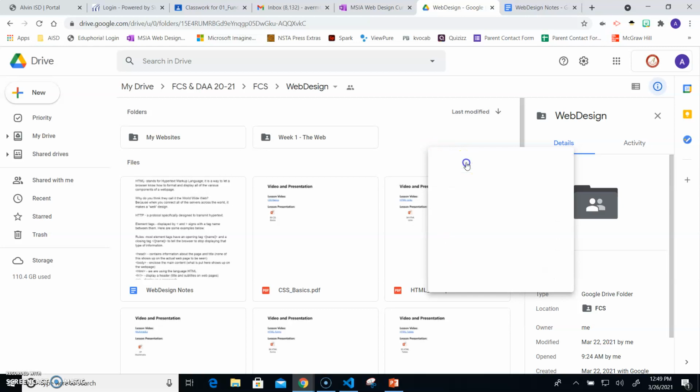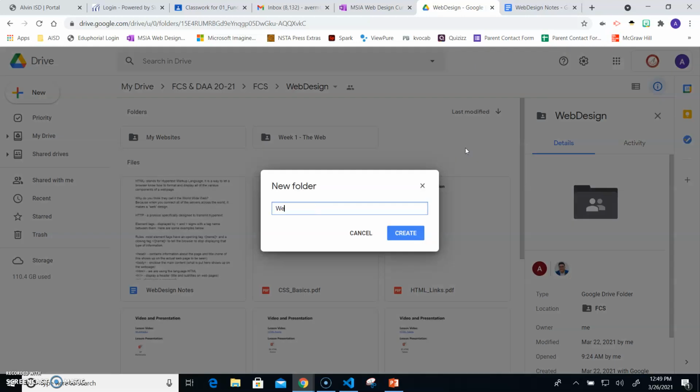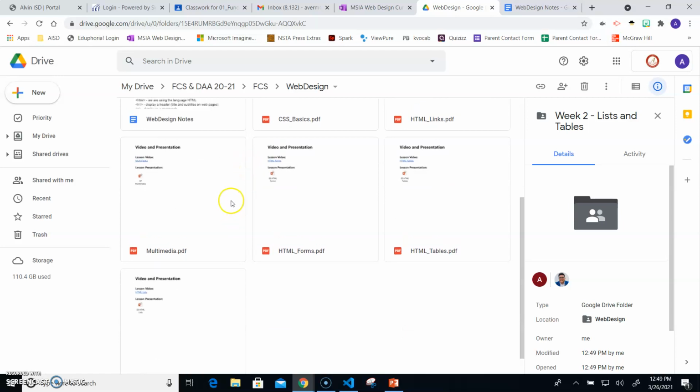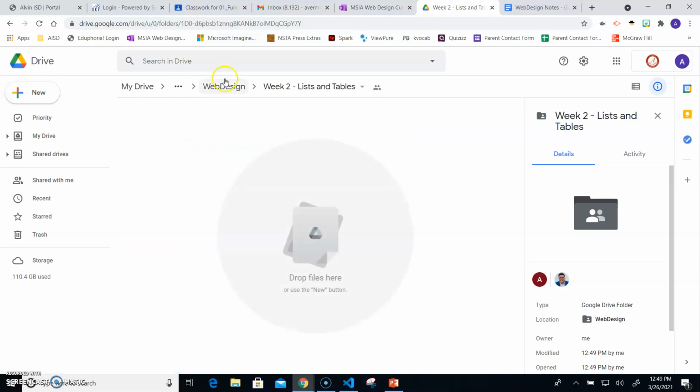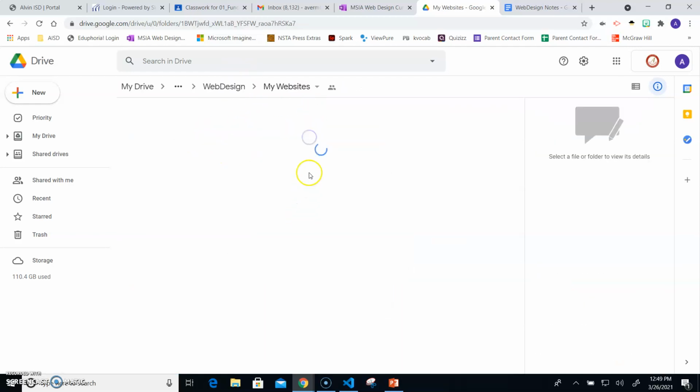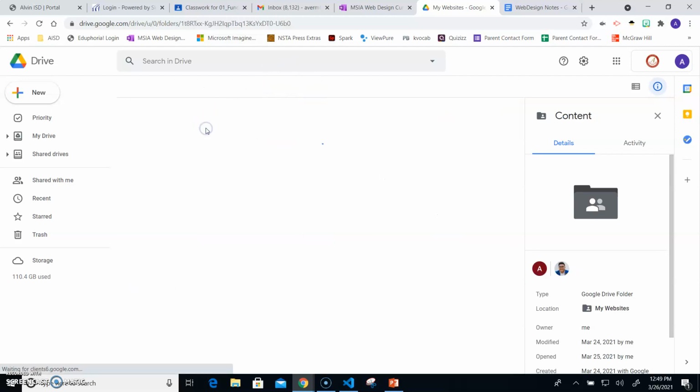So I'm going to make another folder because this is in week 2. Listing tables, and in your content folder, in your My Websites content folder,